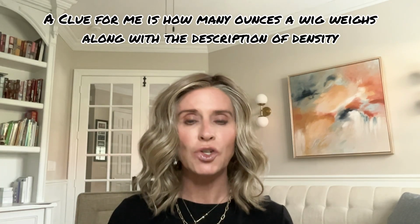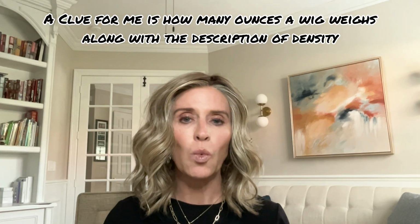So again, when you're starting to look for wigs, some wig companies have more density than other wig companies, or have more fibers per square inch. I have been wearing wigs for about a year, so I am fairly new into this with you. So I feel like this is the perfect time to be sharing what I have learned in my crash course of wig wearing. And I've only really gone with 3 or 4 different types of wigs, but in my experience so far,